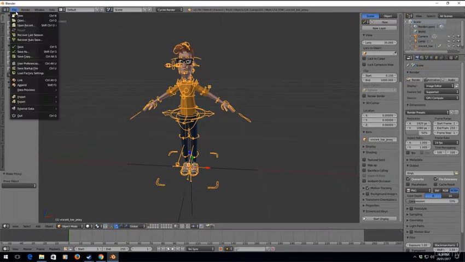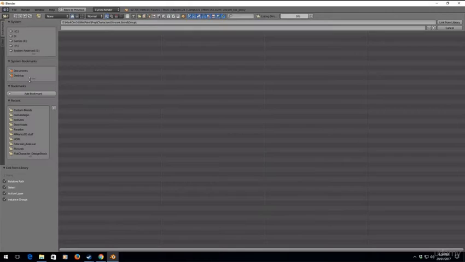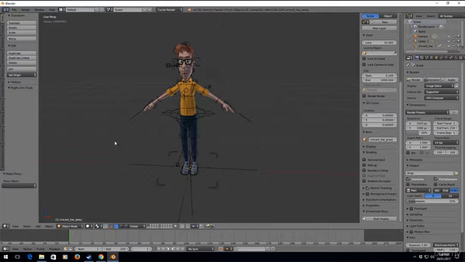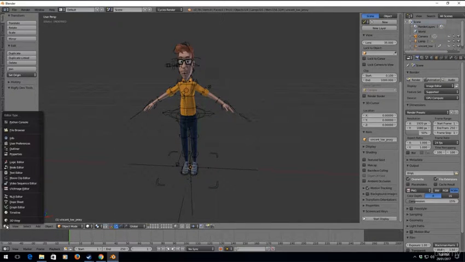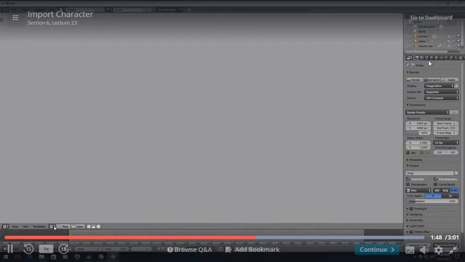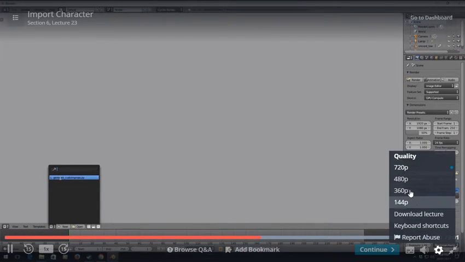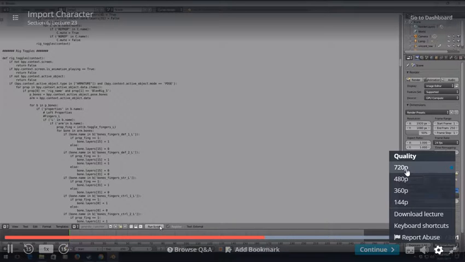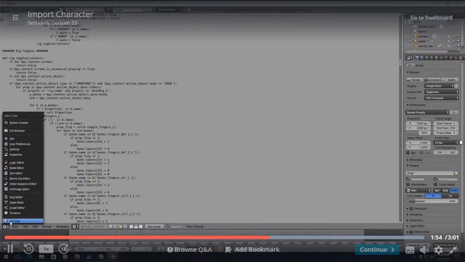So I'm going to go File, Link. I'm going to go back up one. I'm going to go into text, generate, that one, double click, and I need to run that script as well. So I'm just going to go to text editor. I'm going to select the text. I'm going to run that puppy. And now when I go back into 3D view